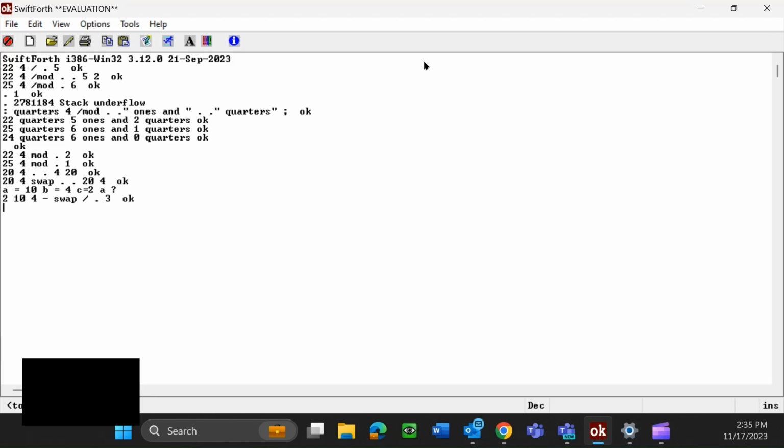So 10 minus 4 is 6. So we now have 6 on top and 2 on the bottom. But we're not going to divide 6 by 2. We're dividing 2 by 6 because that's what it shows up as. But what we're going to do is swap them so that it becomes 6 divided by 2. Because remember,